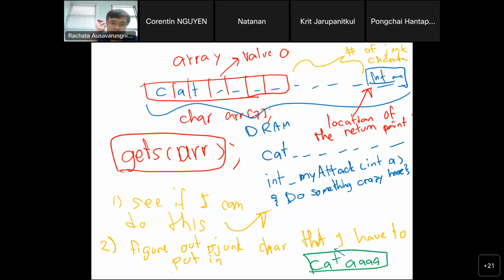So again, you have a really legit concern, right? ARR7 should limit the cap, and modern day systems have a way to check. So these days, it's much harder to do the buffer overflow attack because first of all, you need to bypass that check to make sure that you can write more than 7 things. So again, is it more clear now to you? Yes, it will check, and you should get something like a segmentation fault.